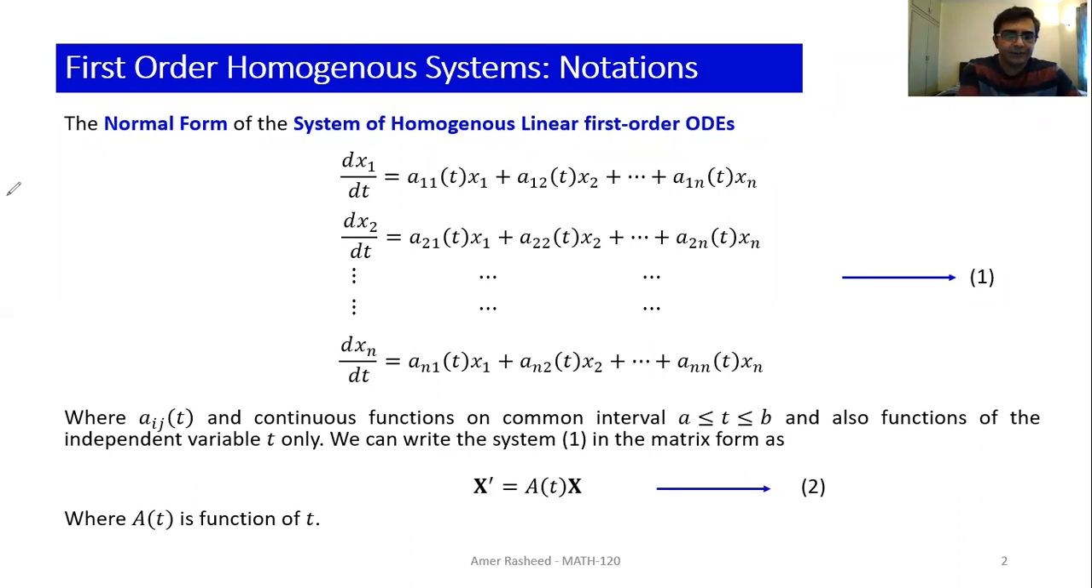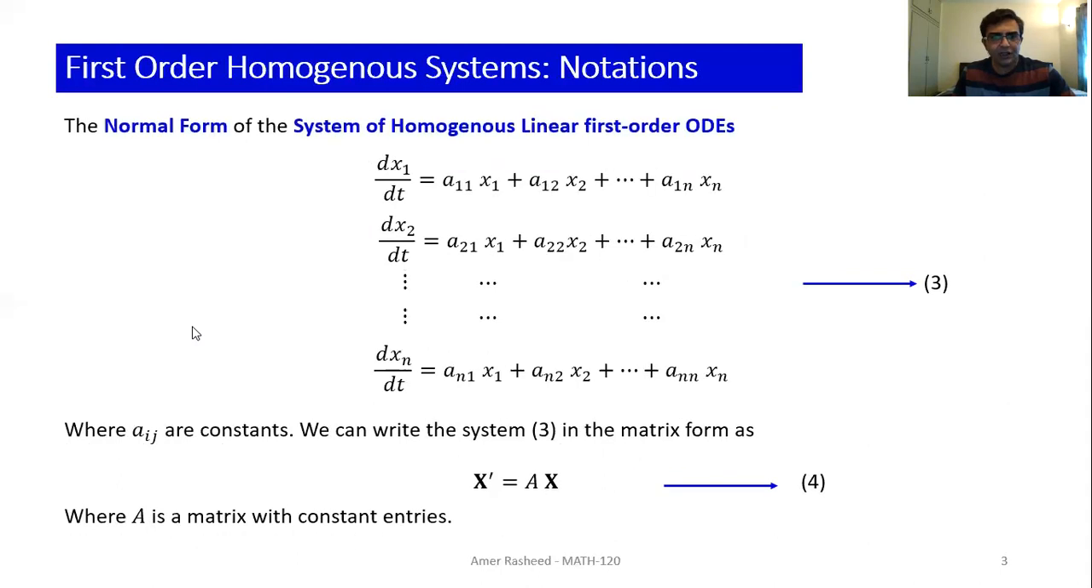This is the normal form of a system of homogeneous linear first order ODEs, and this can be simply written in this form by using the vector notation or matrix notation. I repeated this here just to remind you. Now the next one is